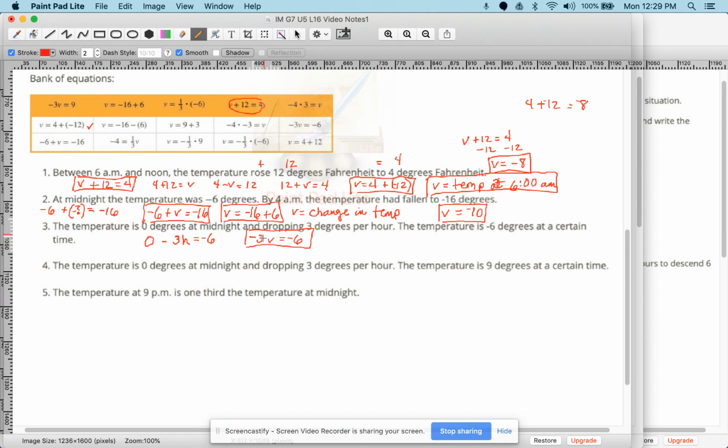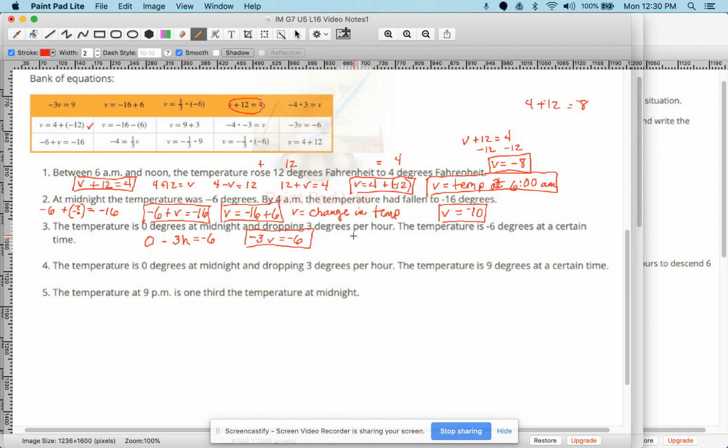Then we need another one that's going to mean the same thing. So they move numbers around, but it's going to mean the same thing. Well, what do we know here about this negative 3v? What if we were to get v by itself? To get v by itself, we have to get rid of the 3. To get rid of the 3, we can do one of two things. We can divide both sides by 3, or we can multiply by the